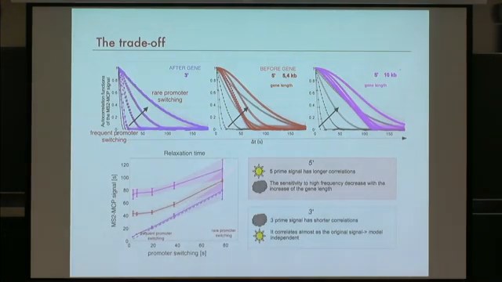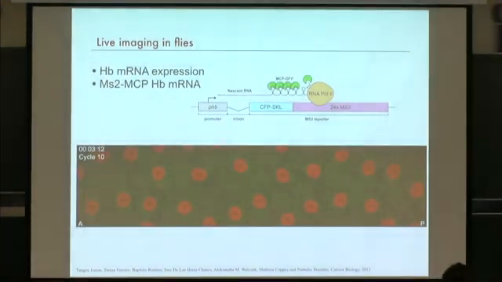So just in summary, if you're trying to learn something about the fluctuations, the relaxation time, if you have a slowly switching promoter, you're essentially good no matter what, and then you can go for trying to avoid the background signal. But if your promoter is fast switching, you really do want to be able to track these fluctuations. So with that in mind,